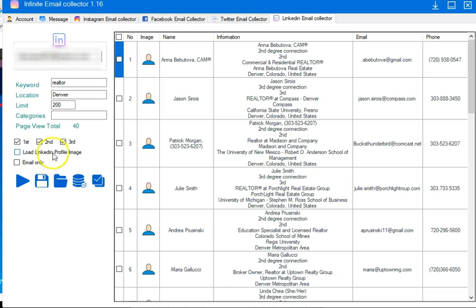I don't have the load LinkedIn profile image selected because it makes it slow when it reloads. But if you really want to look at the people, you just select that. You can select email only if you only want it to display email. But